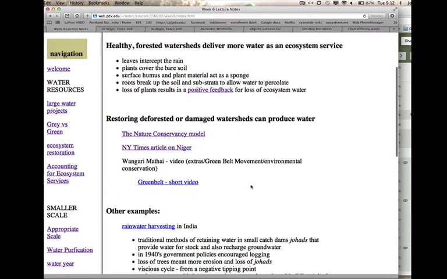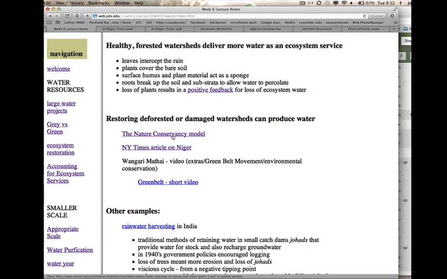So restoring damaged forests or reforesting places is one of the ways that we can have watersheds produce water for us. And the Nature Conservancy model, you can follow this later by clicking on this, is that they're going to have the watershed create water for cities, and then somebody's going to set up a water trust, and this is where the Nature Conservancy and their financial activities come in. The water trust manages the forest and sells the water to the city.